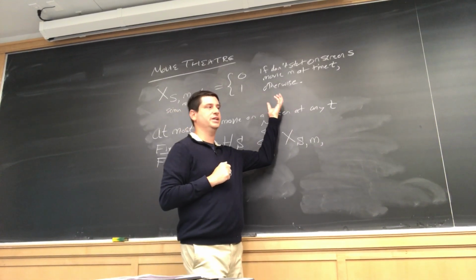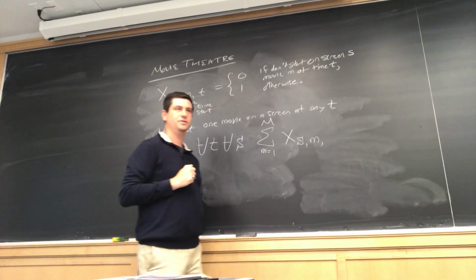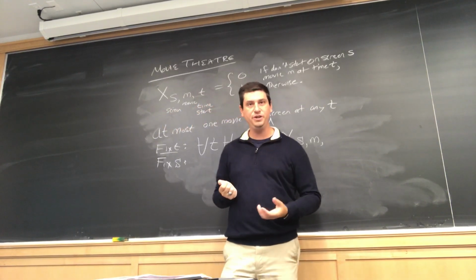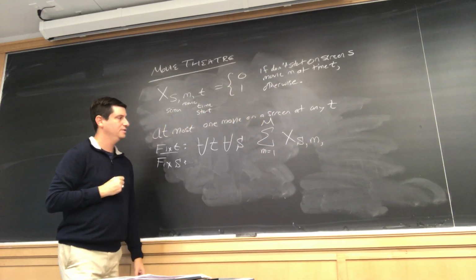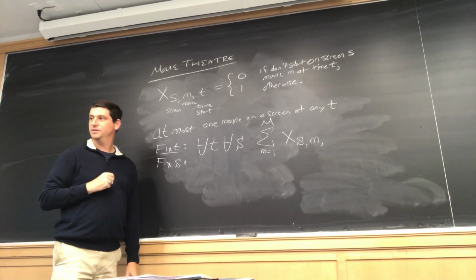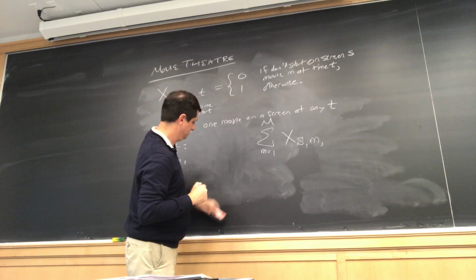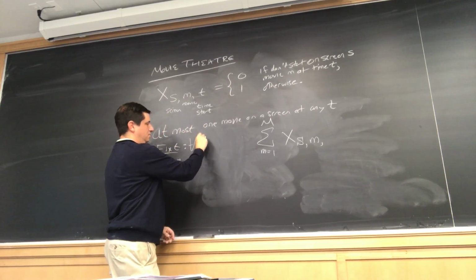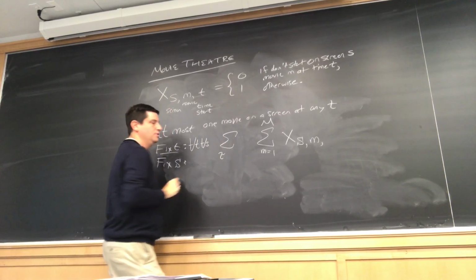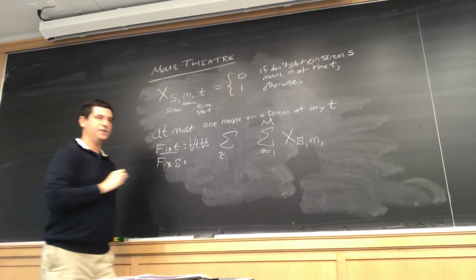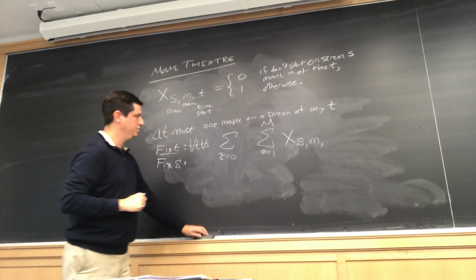What do our variables tell us? What is x, s, m, t telling us? If it's 1, what does that mean? We started the movie on that screen at that time. So you have to do all the x, s, m, t's for the t's going from the current time backwards to t minus the length of the movie plus cleanup time combo thing. So we're going to have a sum. I'll use tau, the Greek tau, and it's going to go from 0, well actually,